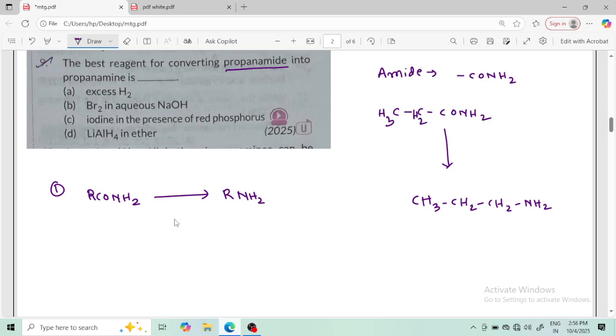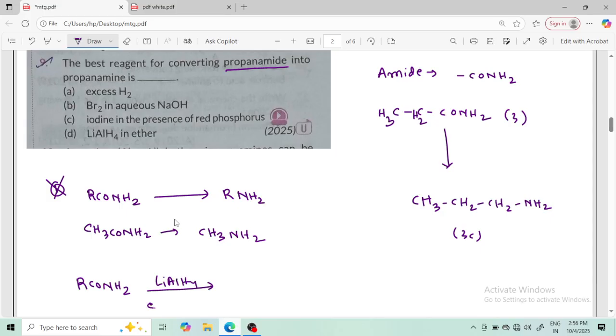Technically, one of the carbons will be removed, right? Suppose CH3CONH2, and here you will get CH3NH2. So that is not possible, because here there are 3 carbons and here also 3 carbons. Then another reaction is, if RCONH2 is given, then the reaction was